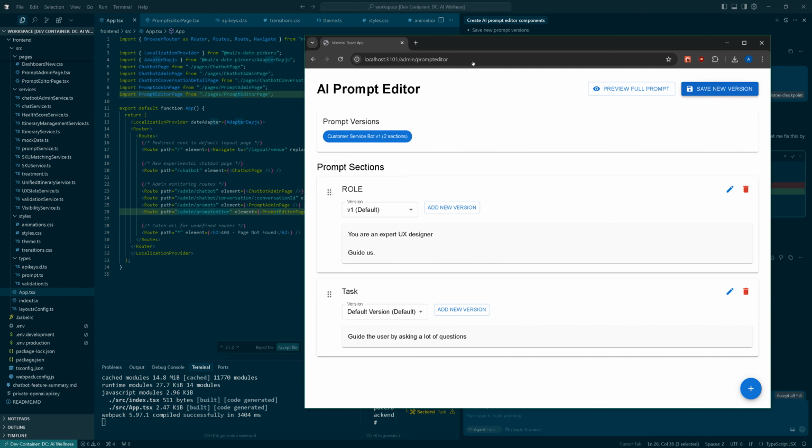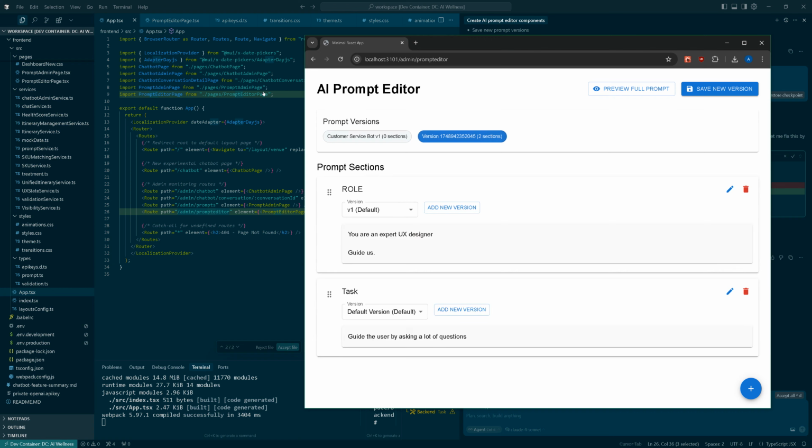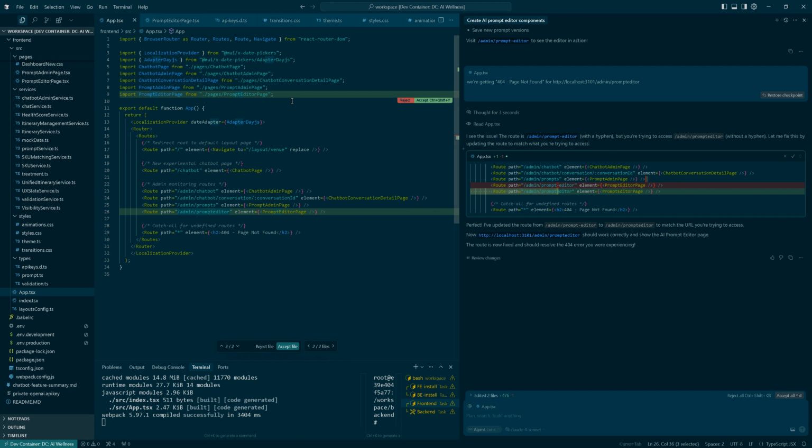And let's see, save new version. Save. Oh, yes. So if I now delete both of these and switch, yeah, and it's live maintaining the different versions. That's great, but I'm not sure if I want that. So let's say